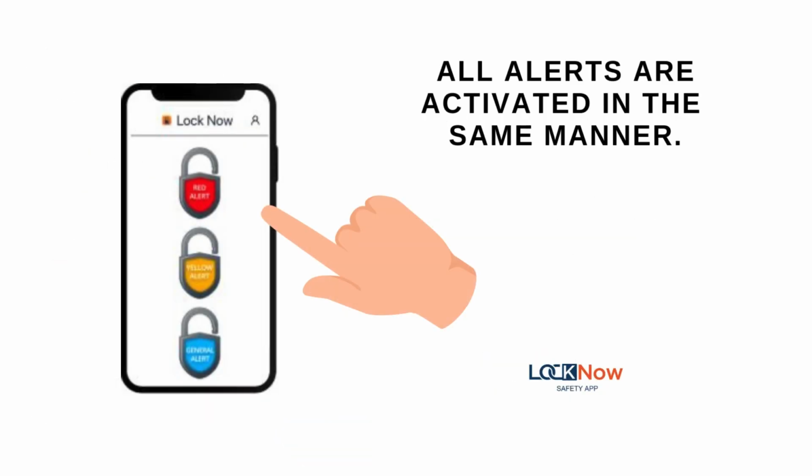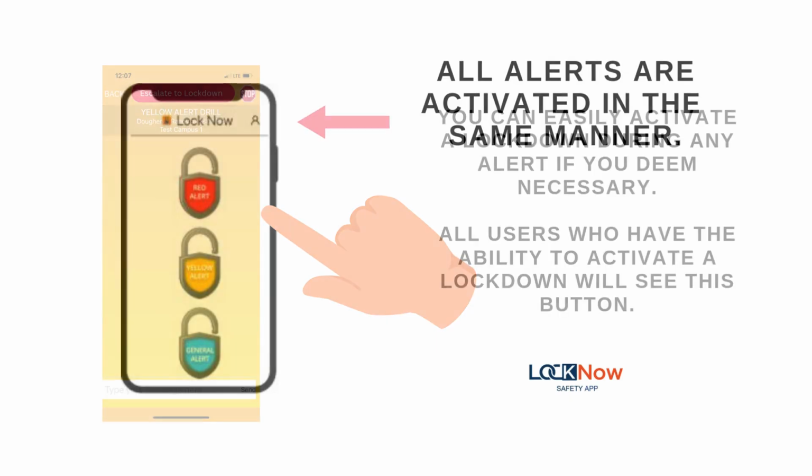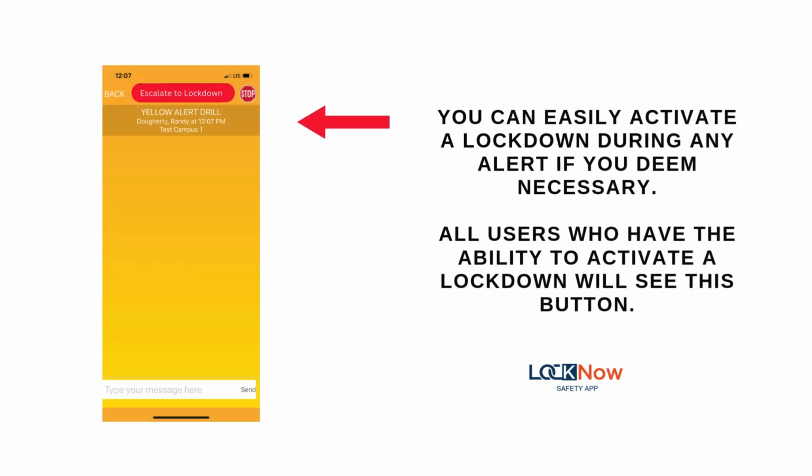All alerts are activated in the same manner we just described. The messaging screen works the same for each alert as well. Simple communication during a stressful situation. During any alert, users have access to the active threat alert at the top of the screen. It's essential to be prepared for an active threat situation. If needed, you can start an active threat alert by tapping the Escalate to Lockdown button and confirming your action